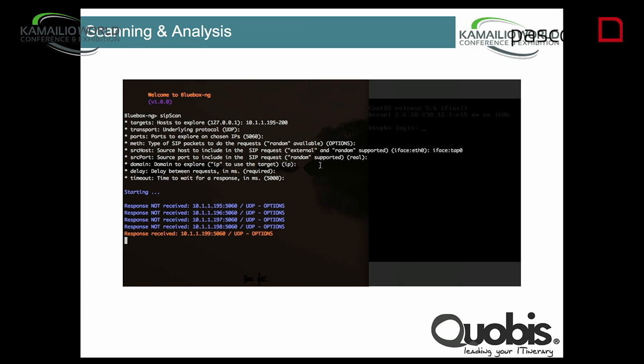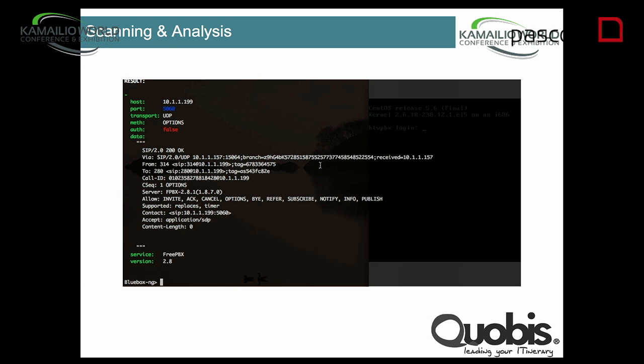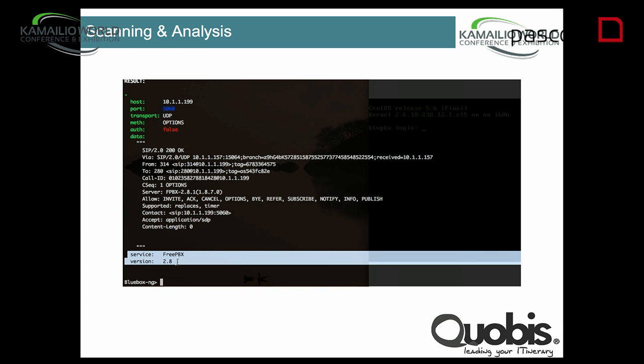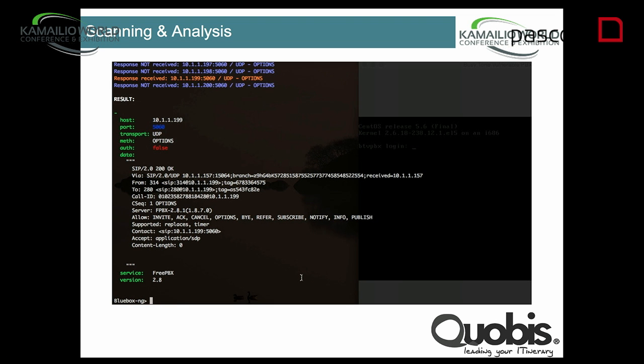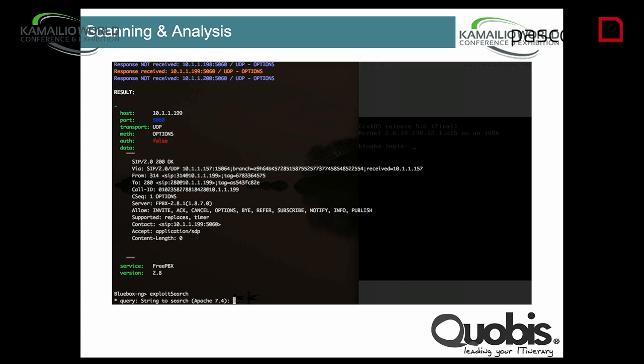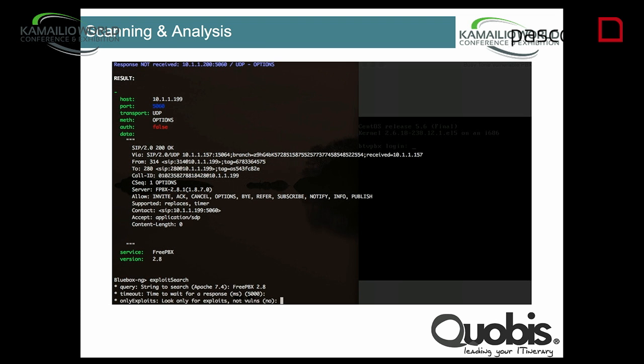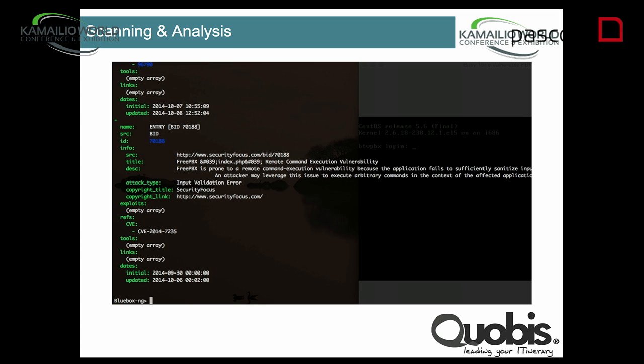In this case, there is only one IP address that answers us to the SIP request, and here we see that it's a FreePBX 2.8, and we see the SIP message we got in response. So once we have this, we can use the exploit search module, type in what we just found, that is FreePBX 2.8,